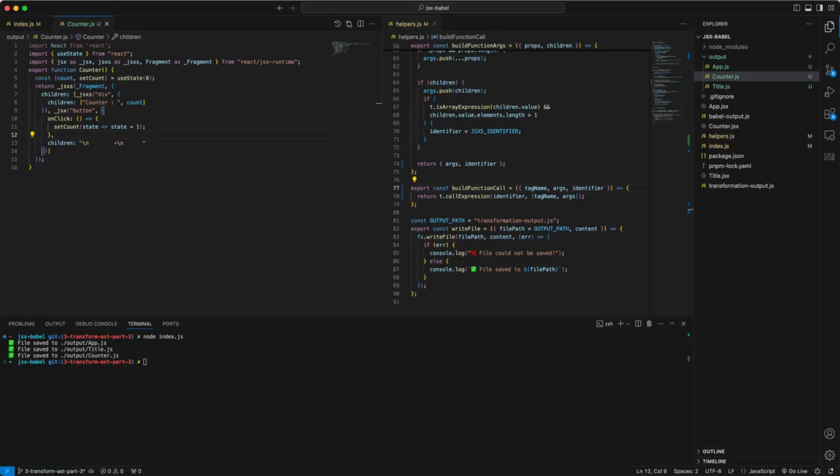At this point, our app is transformed to pure JS, so we can test it against React. But before doing so, I would like to check the Babel implementation and see how they handle it actually. And this will be